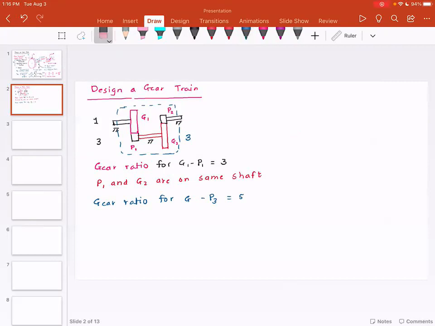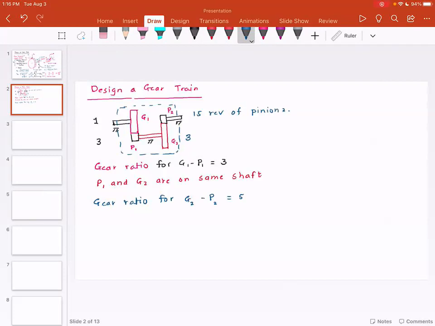So this is G2 and P2. Which means for 3 revolutions of gear 2, you are going to have 15 revolutions of pinion